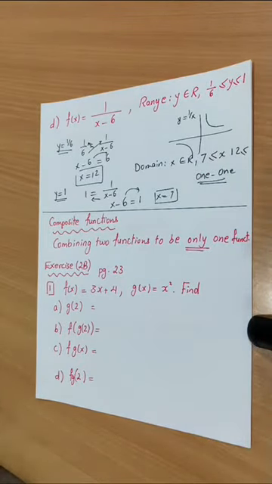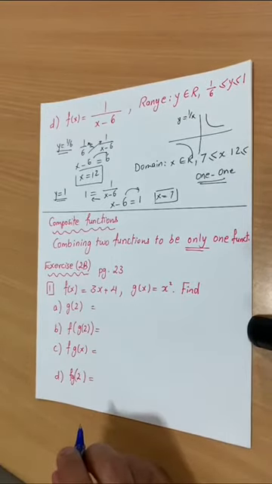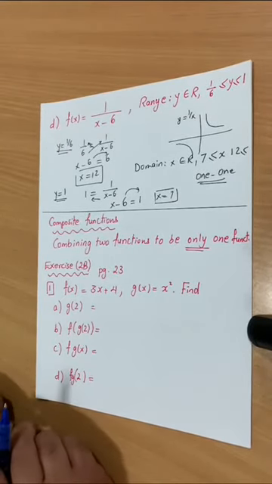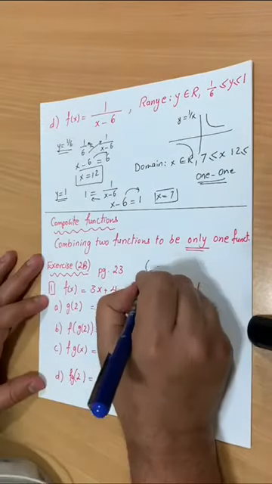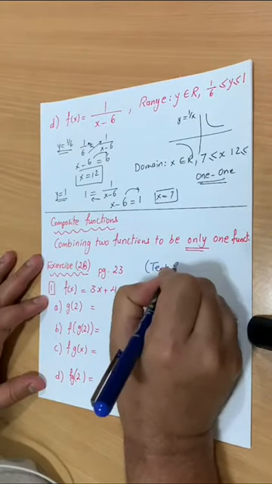Now, another type of function, which we call composite functions. What do we mean by composite functions? When you combine two functions to be only one function, we call that composite functions. In exercise 2b, on page 223 from the textbook,